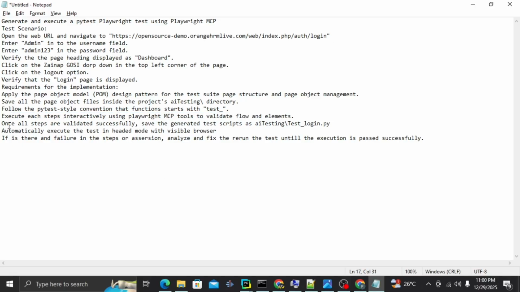So once all the steps are validated successfully, save the generated test scripts as the AI testing test login.py file. So the main test file has to be saved underneath the testing folder. That means once that verification is over, the generated files will be saved underneath this folder. And the other thing is